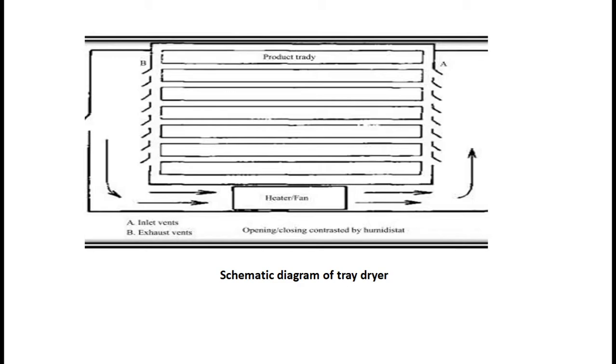One drawback of this tray dryer is that the material is stationary. The material is not moving. Due to this drawback, whatever upper surface is available for drying is dried first. Later on, what happens, dear students? The dried material increases and that layer acts as a resistance for the drying. That means the moisture present in the bottom is not fully dried, because the upper surface of that material acts as a resistance.